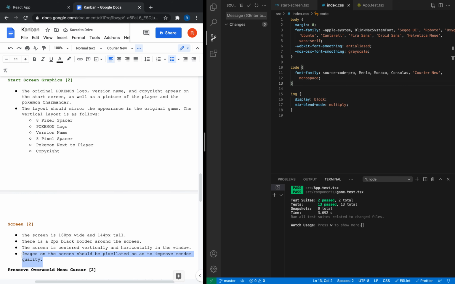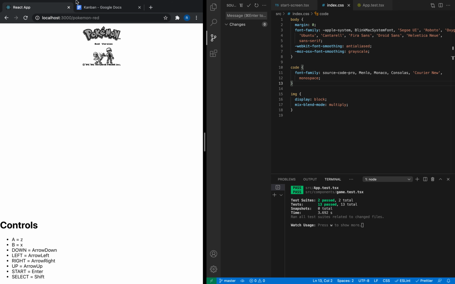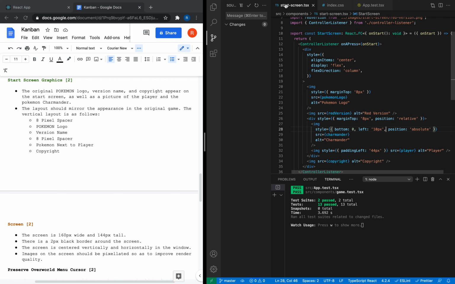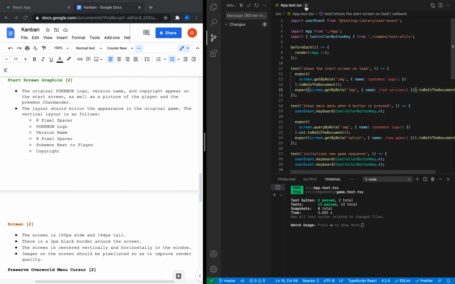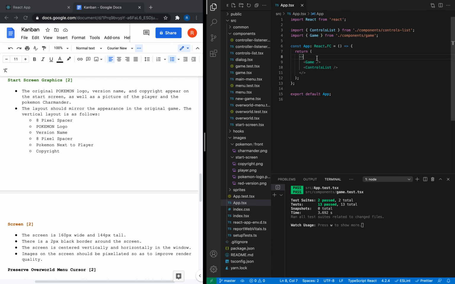And we'll get to this, but you'll notice if I zoom in, the quality of these PNGs is not super great. So we're going to increase the sharpness of those, possibly having an optional toggle in the future. But anyways, let's go on to the first part of the story, which is creating a screen. So in our app, let's imagine we have a screen component, something like that. We can pass a width and height if we want,